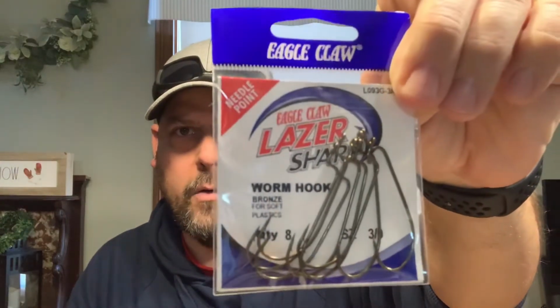3/0 Eagle Claw. They're the cheapest ones that they had. They had 6 cents where you got 5 hooks, and they had, what was the other brand? I can't remember, but oh, Gamakatsu, they had 5. And they were stout hooks, which, I mean, they're not going to bend out. And I thought, you know what? I don't want to have